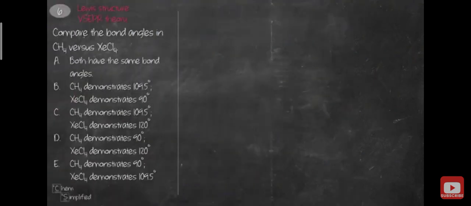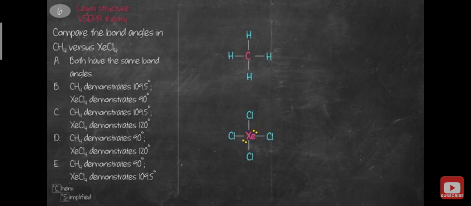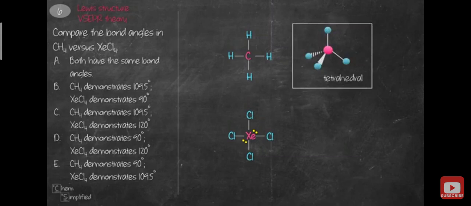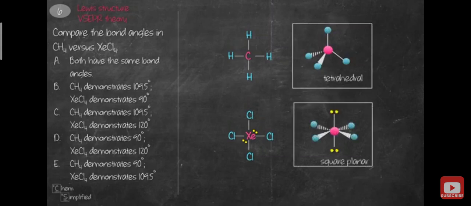We're comparing the bond angle in CH4 and XeCl4. So we draw out the Lewis structure, and based on the Lewis structure, we figure out the geometry. So CH4 is tetrahedral and XeCl4 is square planar. The bond angle present in tetrahedral is 109.5, whereas the bond angle between Cl, Xe, Cl is 90 degrees. And that's just because you have 360 divided by 4, so you get 90 degrees,